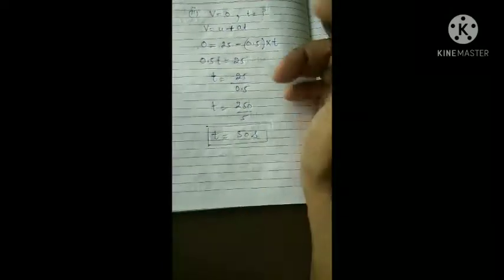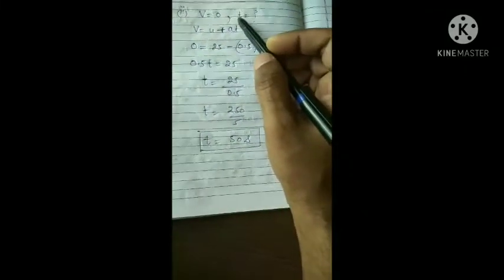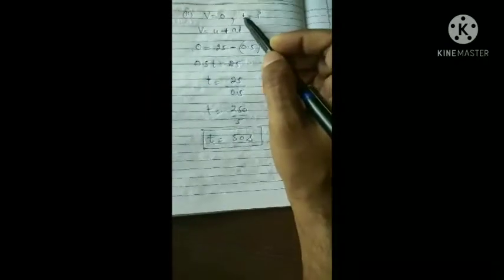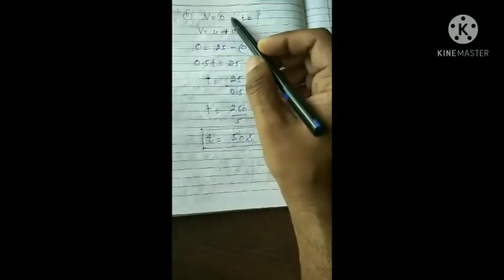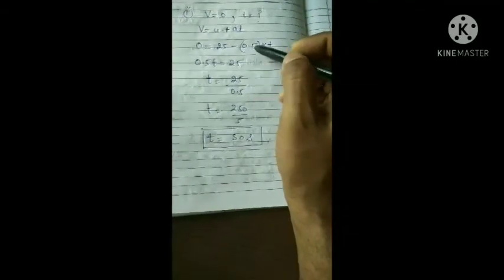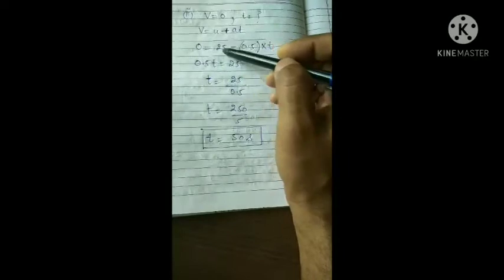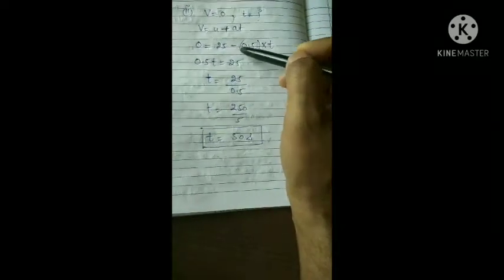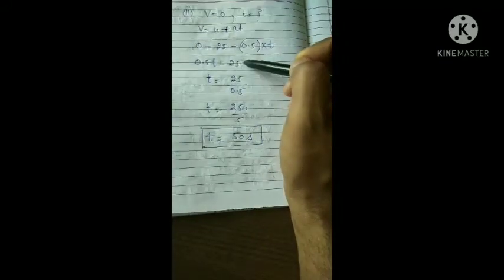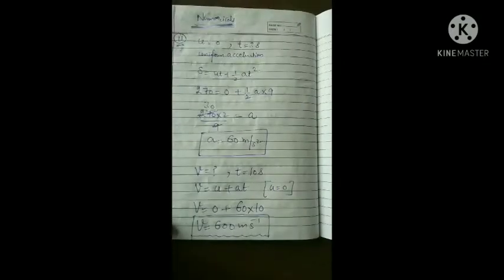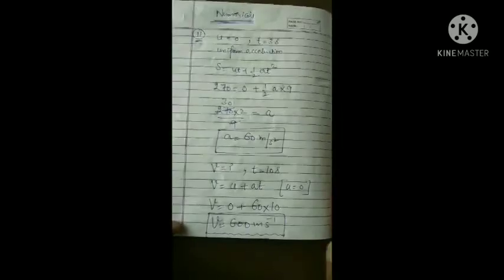And in the second part, you want to get how much time will be taken by the train to completely come to rest. So T we want to know, V is 0, and the retardation value you know, that is minus 0.5. So V is 0, U is 25, put the a value minus 0.5 into T. Now rearrange, you will get 0.5 T equal to 25. If you solve, you will get time equal to 50 seconds. The 10th numerical will be homework for you.